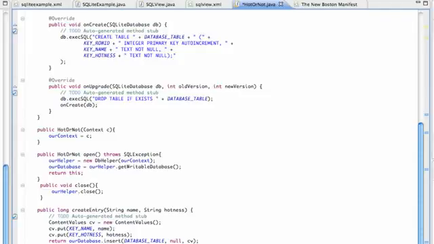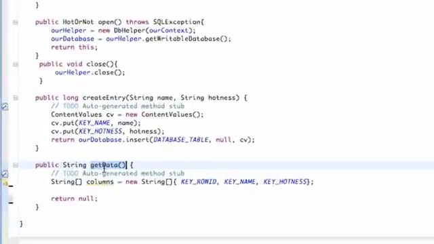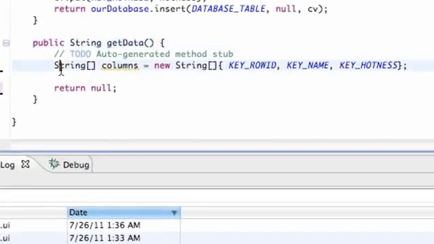And what we're going to do in this tutorial, we're basically going to finish up this get data method here, because we did set up our columns array, which has all of our columns in our database, and now we want to read some information from those columns. And we basically read information through something called a cursor. So we're going to set a cursor up,